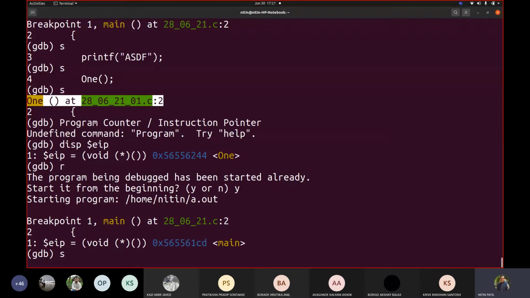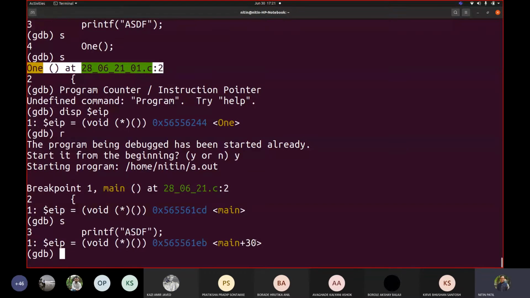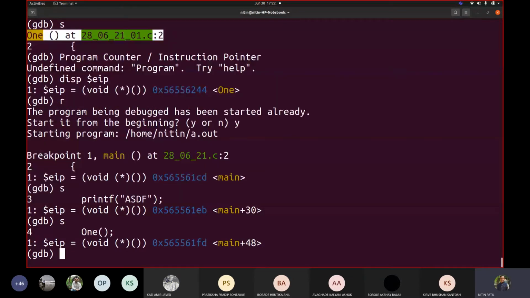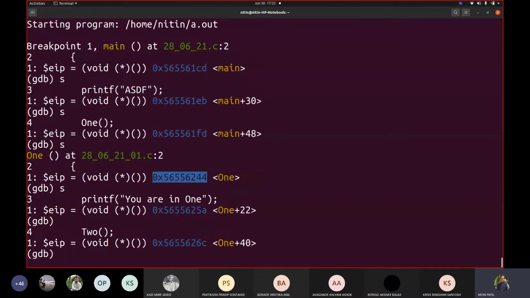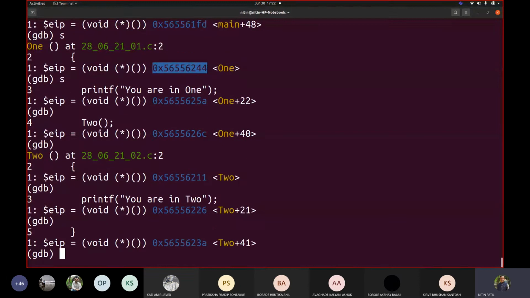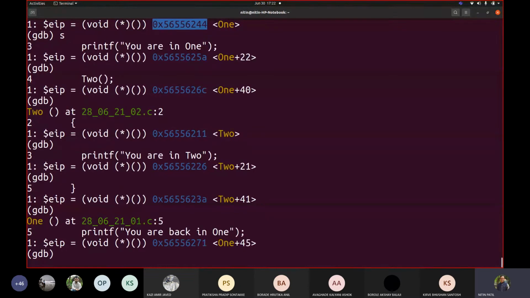When I say step next one, it tells me it is now at this line. If I say step again, now the address is main plus 48. When I say step, this current EIP value should be stored somewhere. Then it goes to a completely changed address. Now compare this, it is 44 now, and it is in 1. If I say step again, your instruction pointer is changing every time. So when I am done with 2, it comes back to 1.